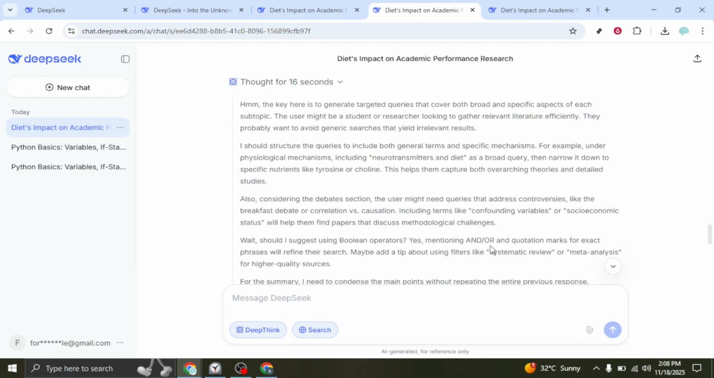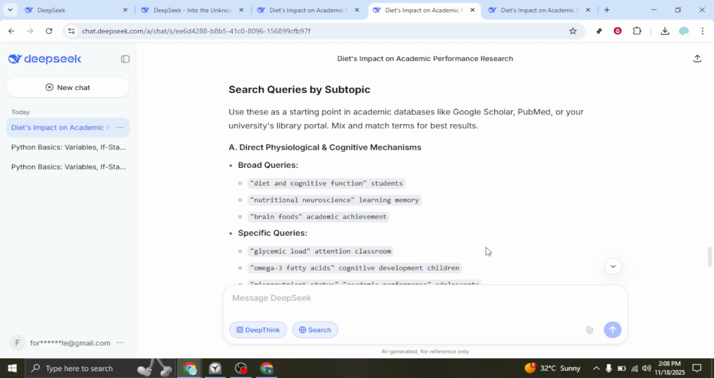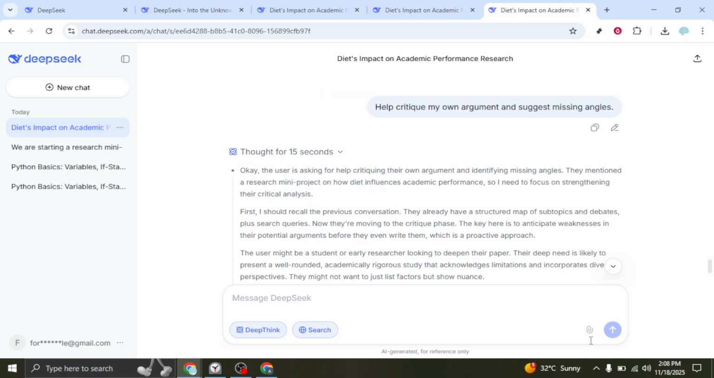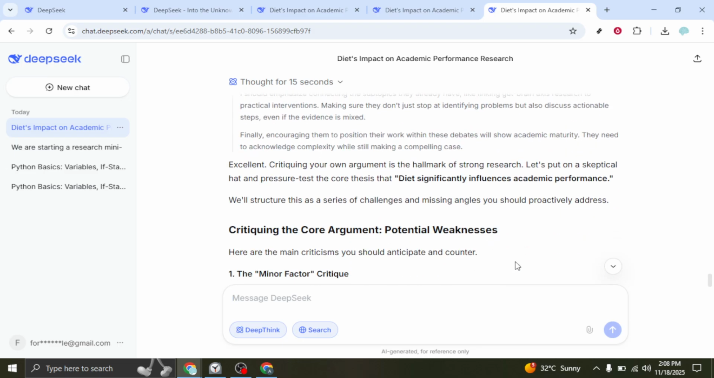Once more, give DeepSeek another task by asking it for writing support. Use a prompt such as, "Help critique my own argument and suggest missing angles." This is especially crucial if you're looking to refine your perspective or identify any potential gaps in your arguments. Submit your prompt, and DeepSeek will provide you with constructive feedback and thoughtful suggestions that might enrich and expand your